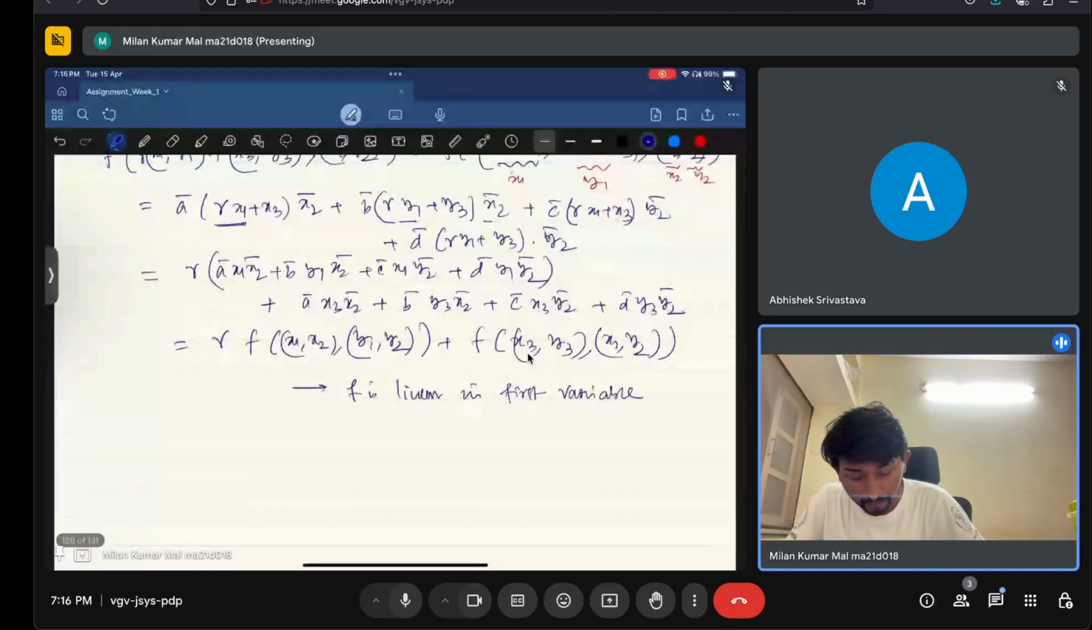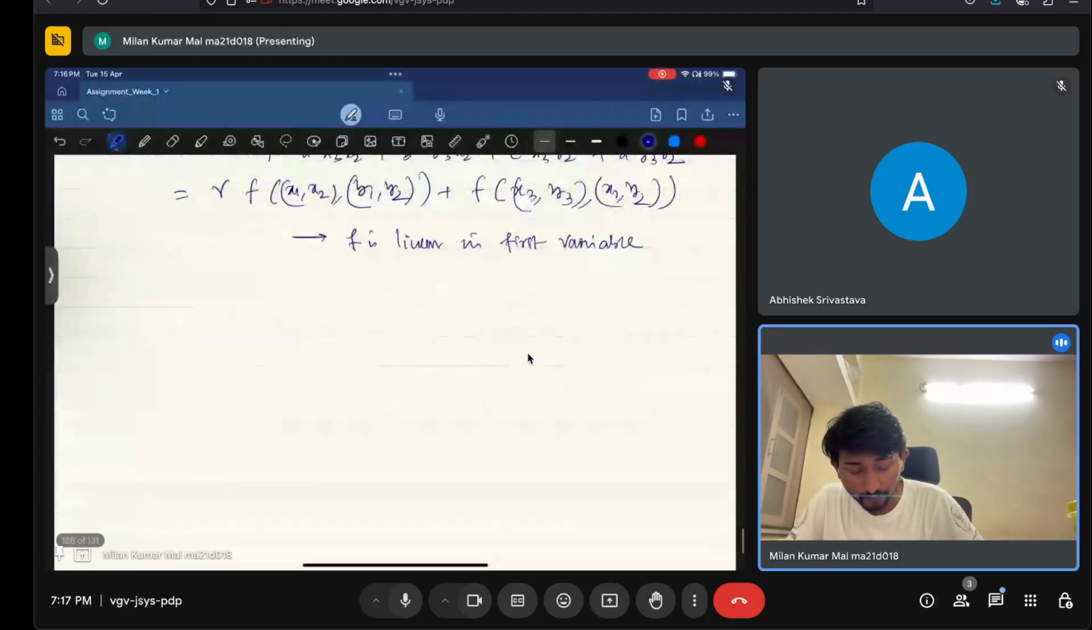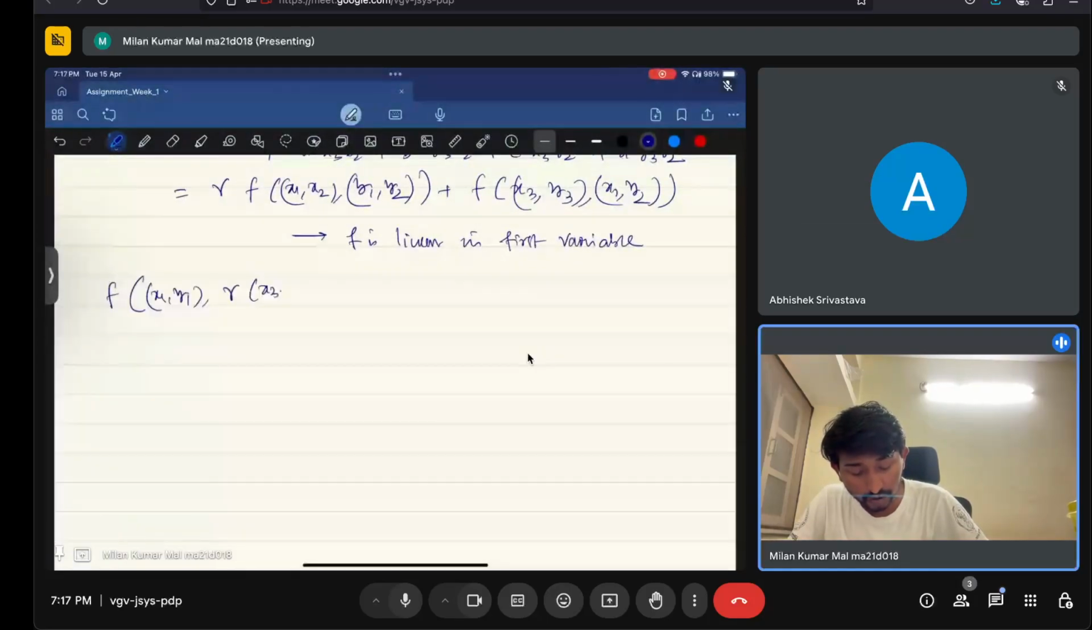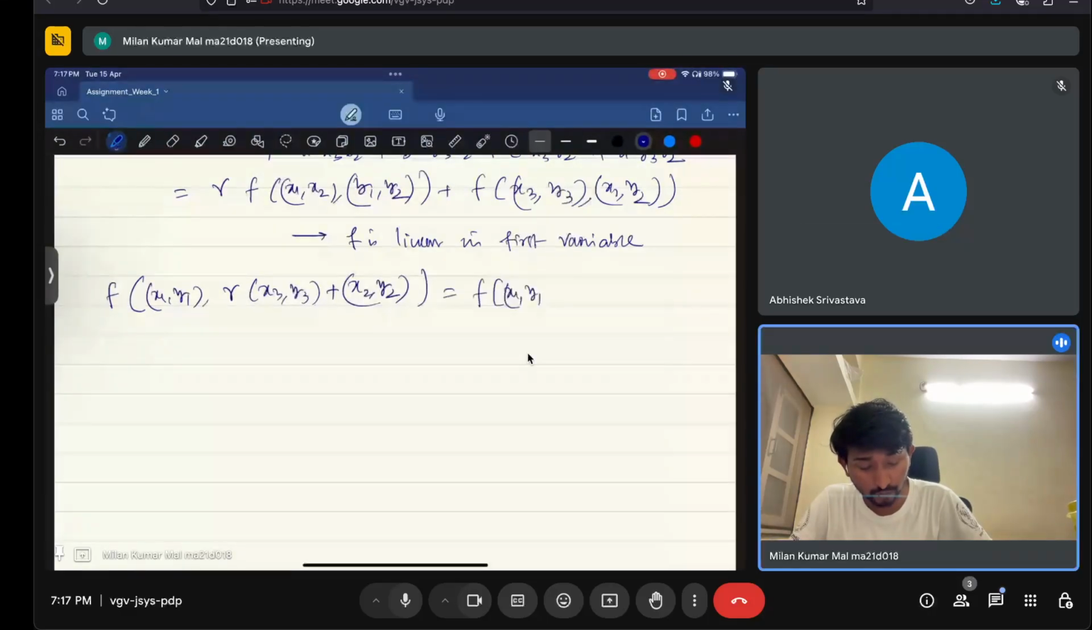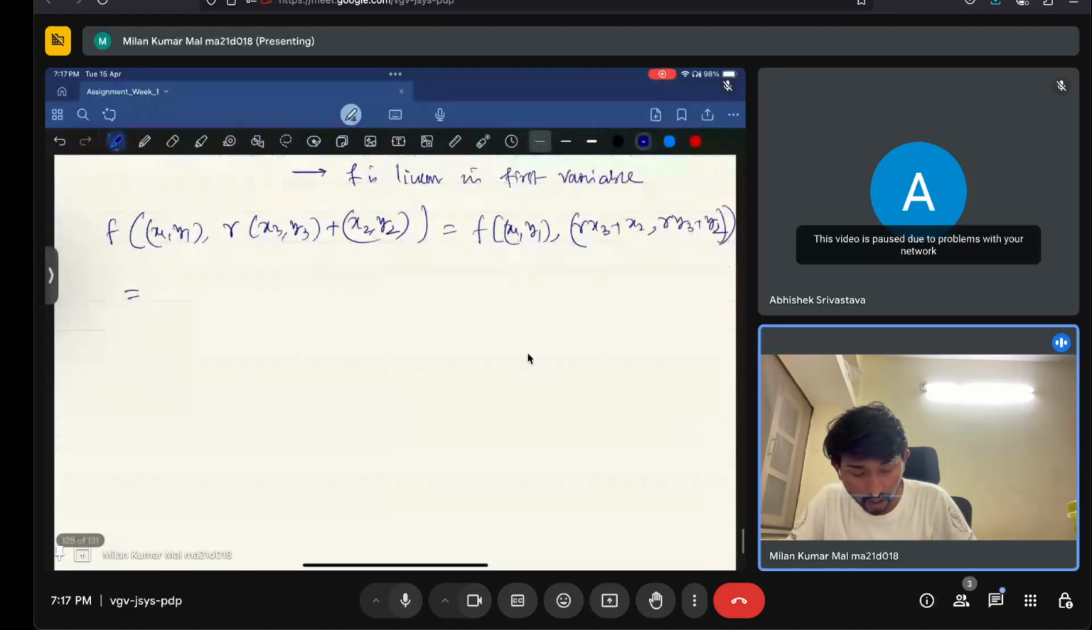So alpha will be replaced by (x1, y1) comma gamma (x3 plus y3) whole into (x3, y3) plus (x2, y2), right? I will have this one. So what it will be, f of (x1, y1) comma (gamma x3 plus x2, gamma y3 plus y2). Okay, this one. So therefore one can write this one this way, f of (x1, gamma x1 minus